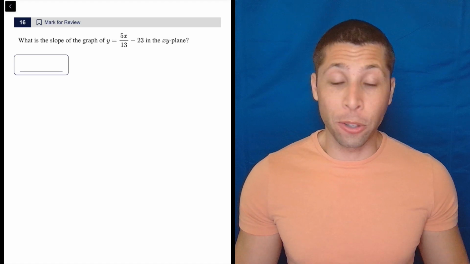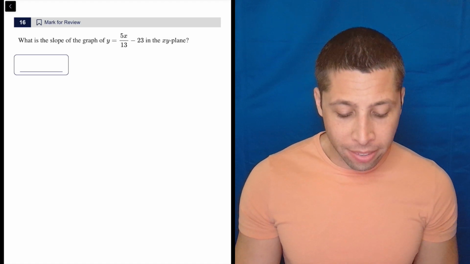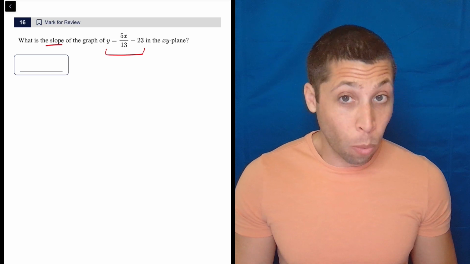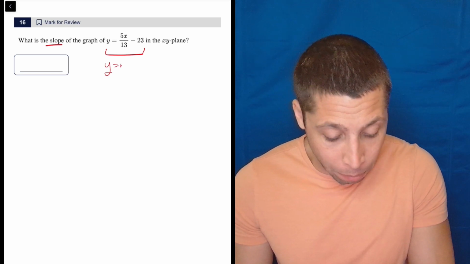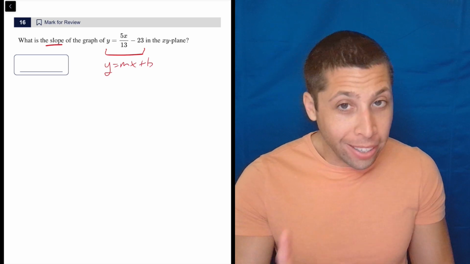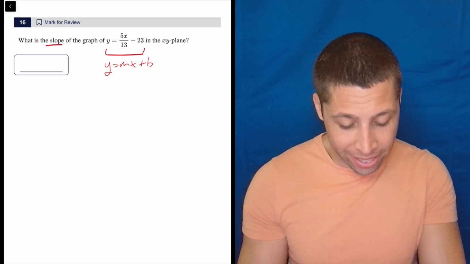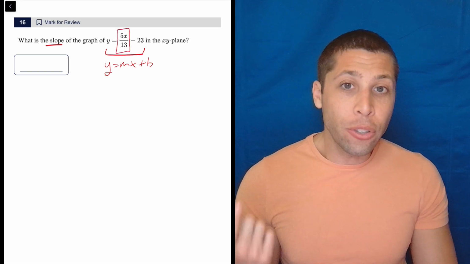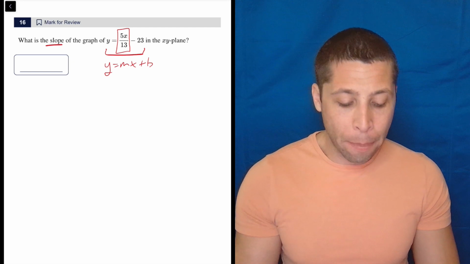There is no work to do for this question. You need to recognize instantly that they're asking for the slope, and this is a line written in y equals mx plus b format. So it's pretty close to that. The only difference is, look what they did. They integrated the x with the slope, and they can do that because what's really happening, right, is we have